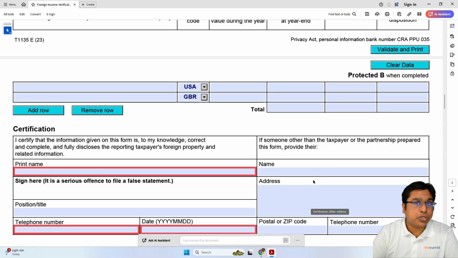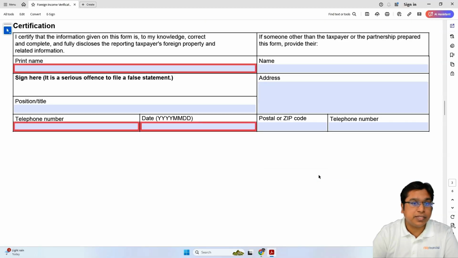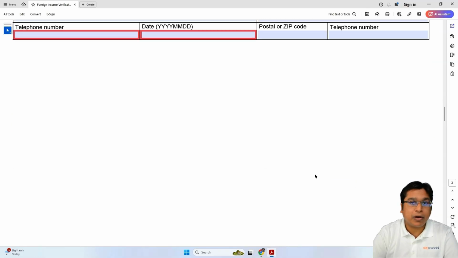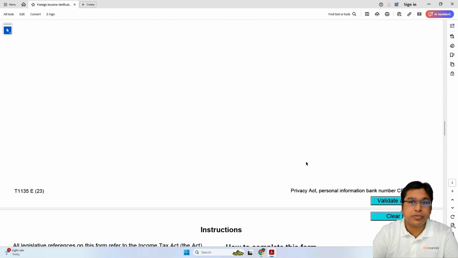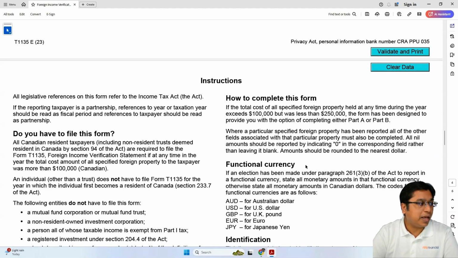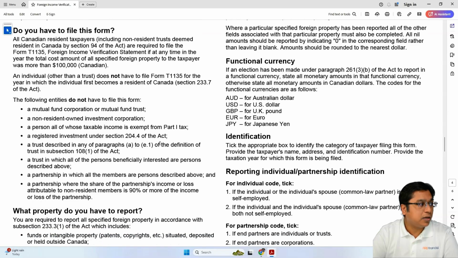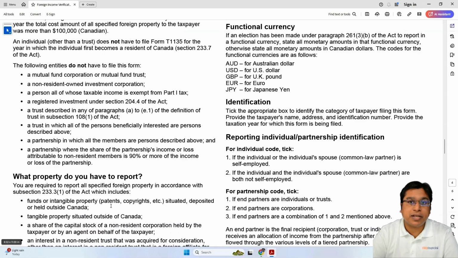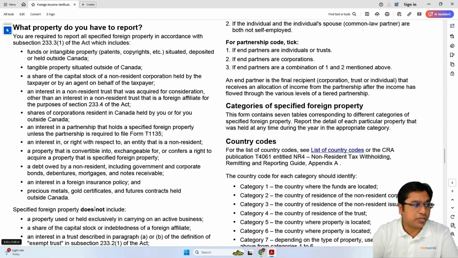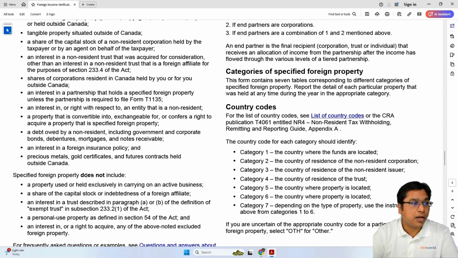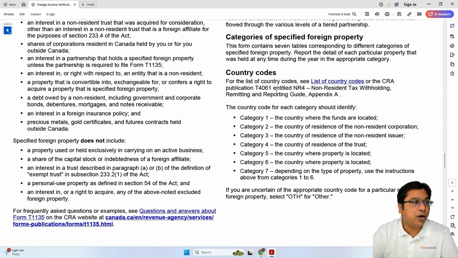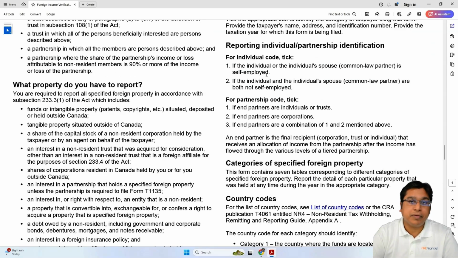If you are not sure about any of this section, there is an instruction sheet at the back of this form which explains all of that information. So you can see here that all those things that need to be filed are explained here. All those excluded properties that you do not have to report on this sheet are also included here. What are those country code, individual code, partnership code? All that information is listed on the back of the T1135 instruction sheet. It also shows you where to file a paper return if you cannot do it electronically.